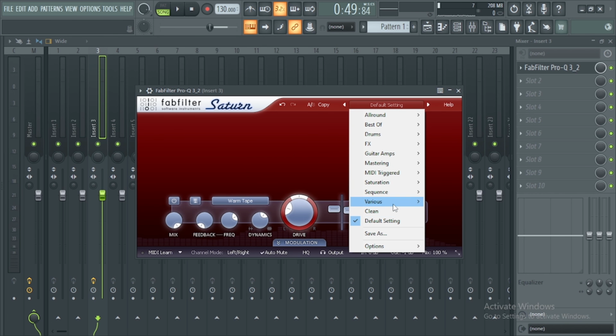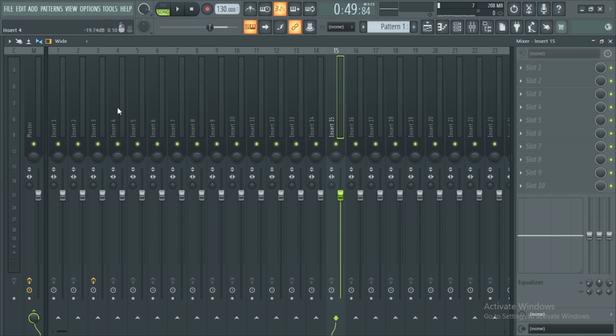You can play with any of these presets and boom,